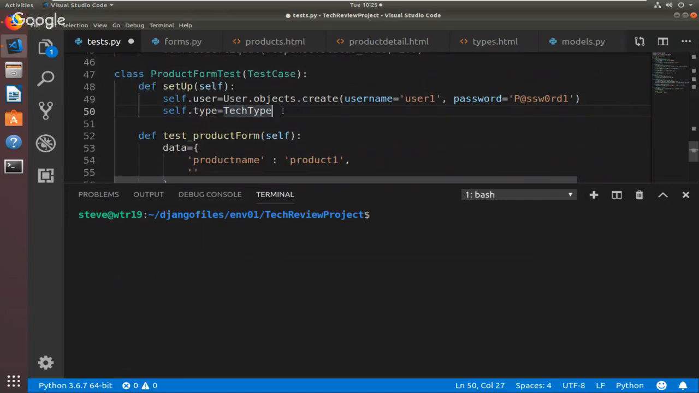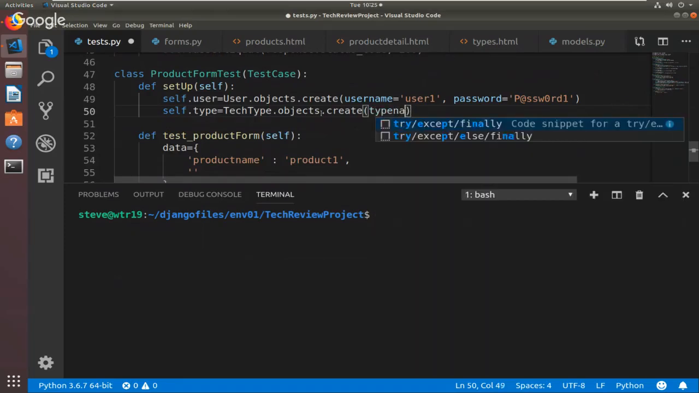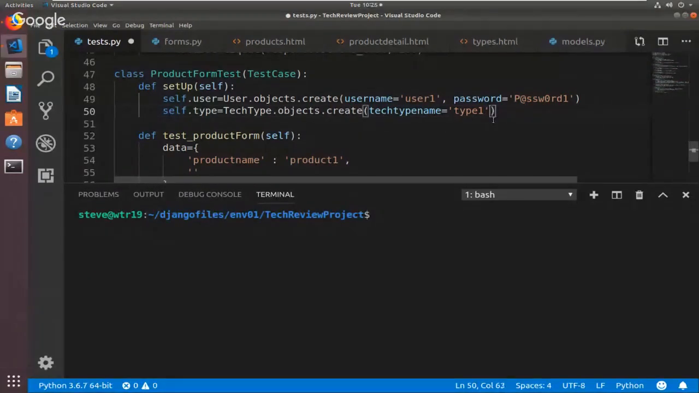So we'll do dot objects, objects dot create. And I will do type name, except it's tech type name, right? Equal type 1. You can name whatever you want in there. And description can be null, so I'm going to leave it null. Okay, so product name,